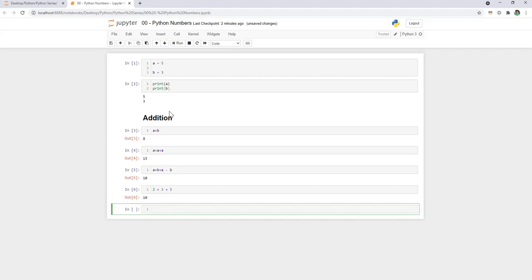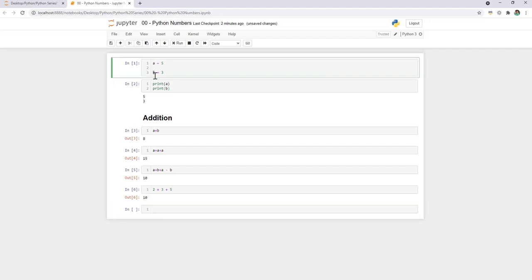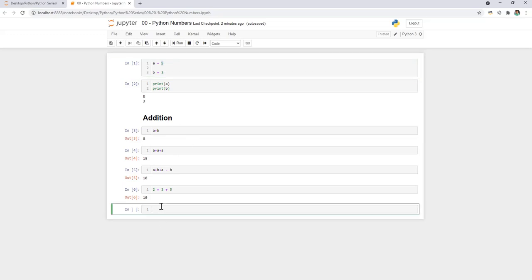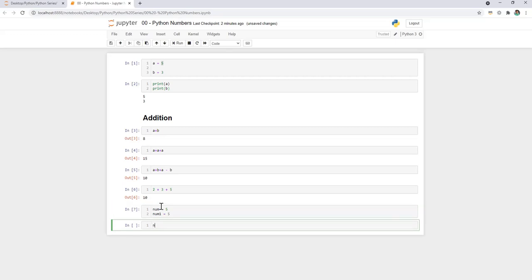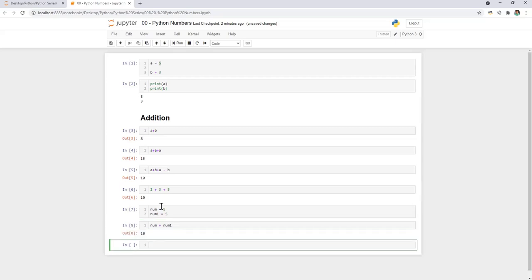You can also assign your numbers to names, like num is equal to 5 and num1 is equal to 5, and then num plus num1 should be 10. Yes. So you can assign your numbers as per your use case.